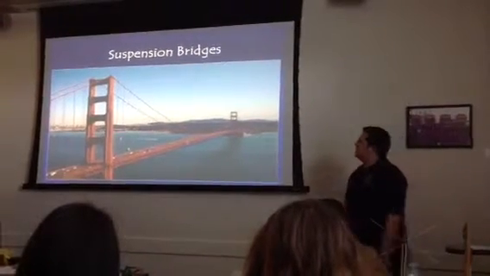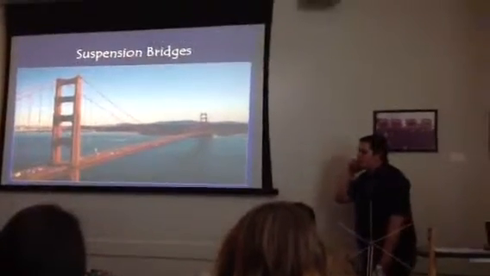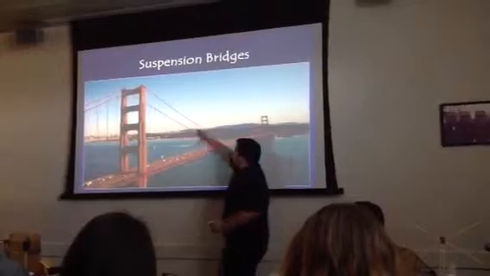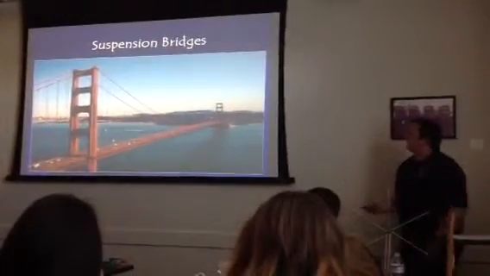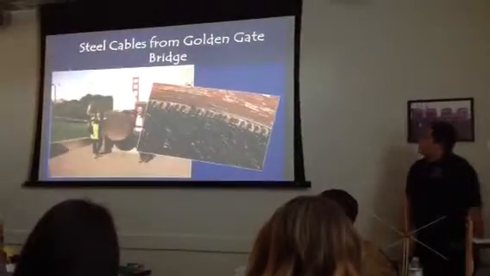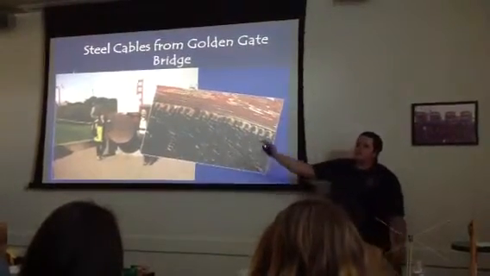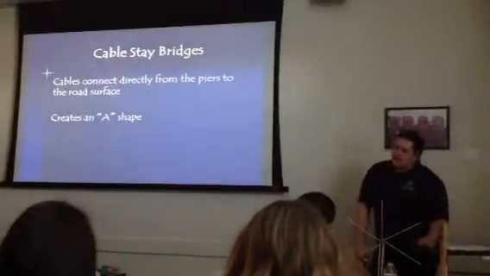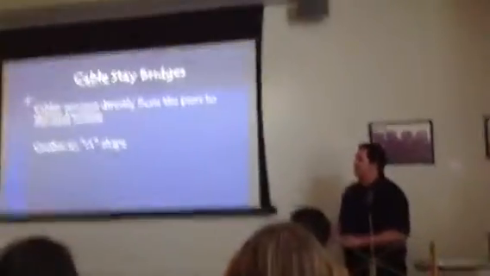As you can see, we have a big U from one pier to another with that main suspension cable, and then you can kind of see all of the smaller cables attaching to the roadway. And they're very, very thick. They're made out of smaller steel cables wrapped up to make one big one, so they're about 3 feet in diameter. And then next we have cable stay bridges, and these cables connect directly to the roadway from the pier,